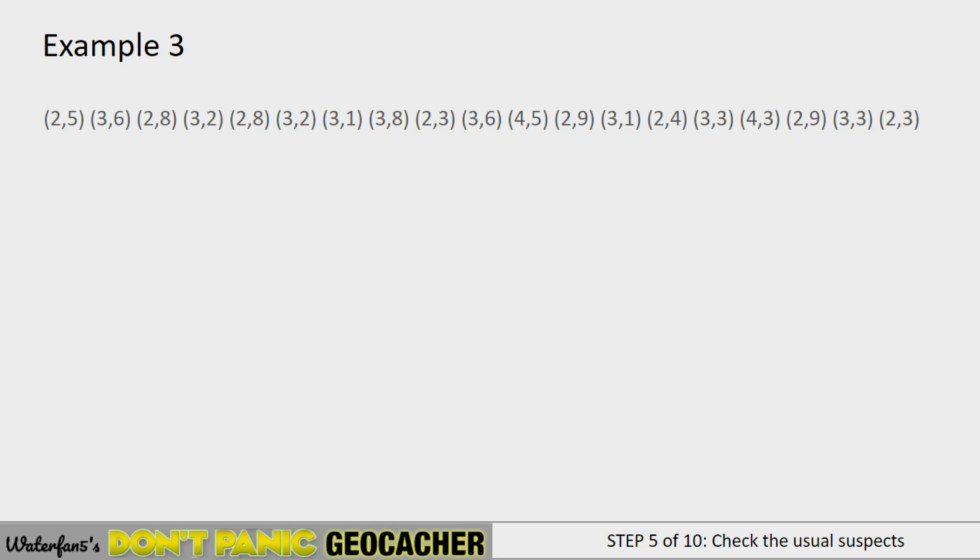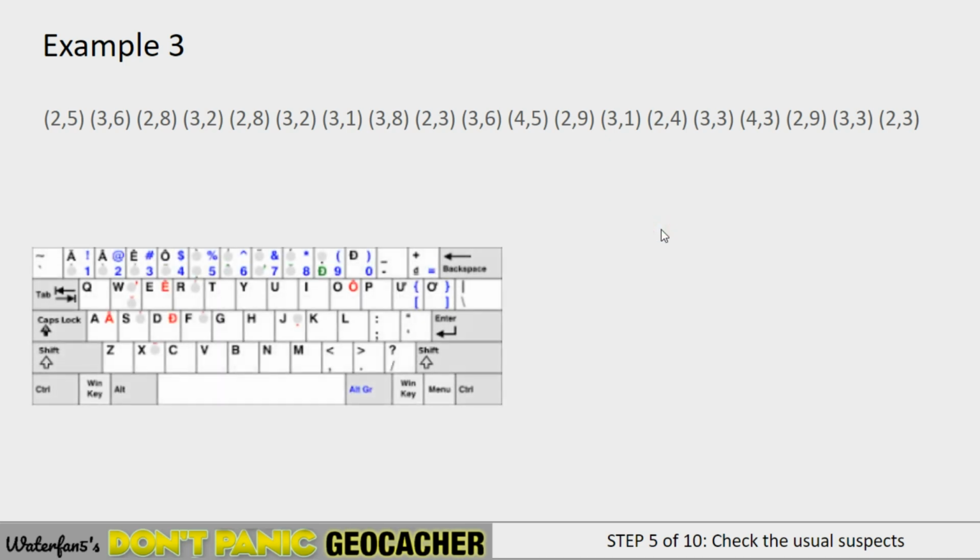However, if nothing else is given, there's no poem or lyrics, then again we may have to go back to our usual suspects. So could this be Morse code? Probably we could figure out a way to make Morse code into it. But it's not really convenient because we have a 9 here, so it becomes a little bit trickier to do that. But there's one of the usual suspects that's the prime candidate here, and that is the keyboard,